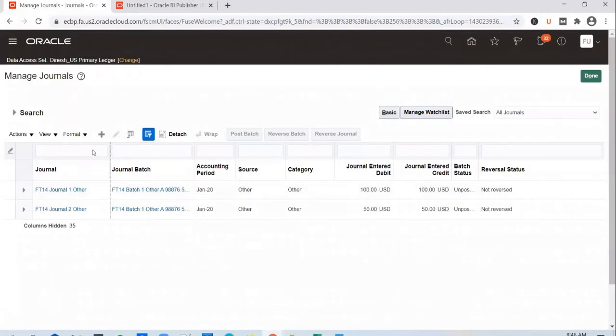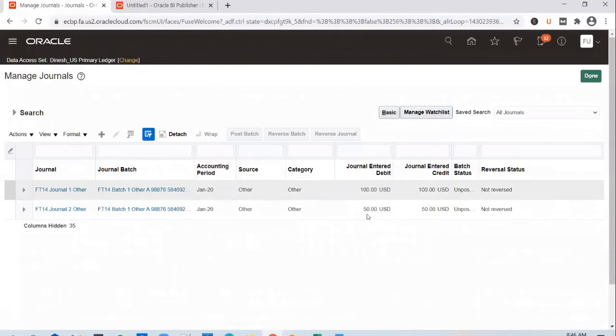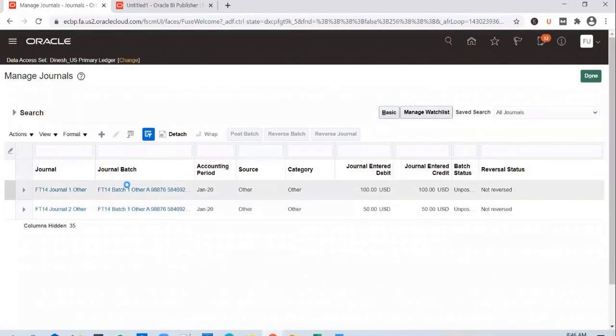And this batch has 2 journals, journal 1 and journal 2. Journal 1 is created with $100. Journal 2 is created with $50.